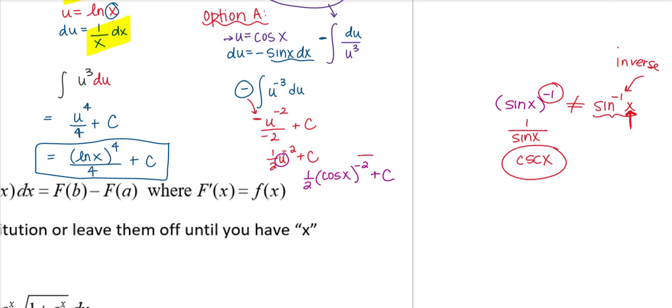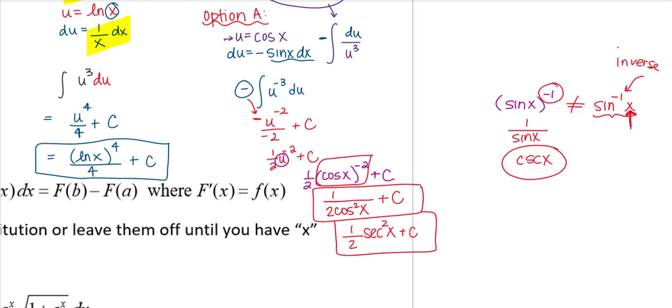So I'm not going to leave cosine of x to the negative 2. I'm going to rewrite this as secant of x, because really it looks like this. So you have two choices, I guess, for the final notation. Instead of reciprocating, cosine squared, you could write secant squared, or you could leave the cosine squared x in the denominator. But I really would suggest not leaving cosine of x to the negative 2. I think it gets a little bit confusing. But I think one of those final two answers would be acceptable.